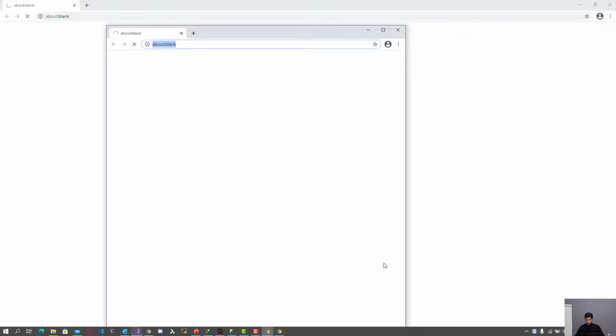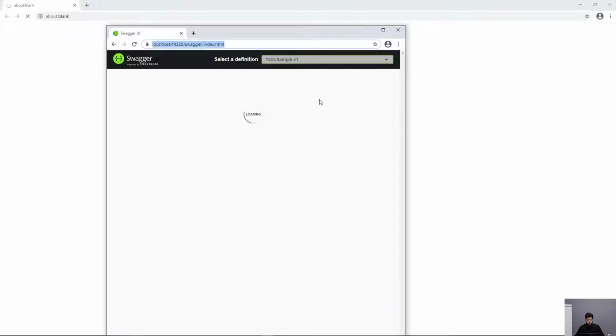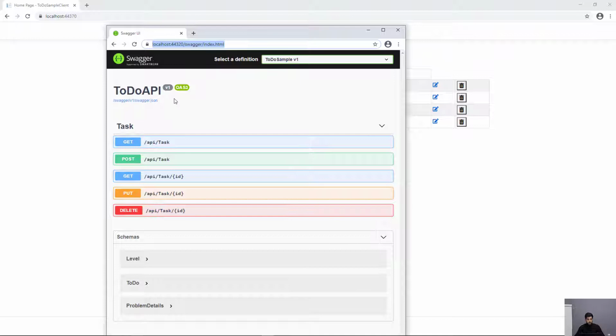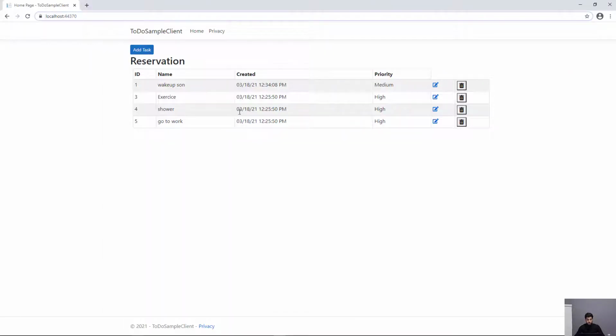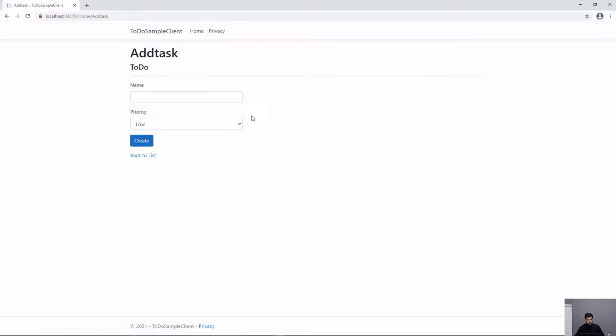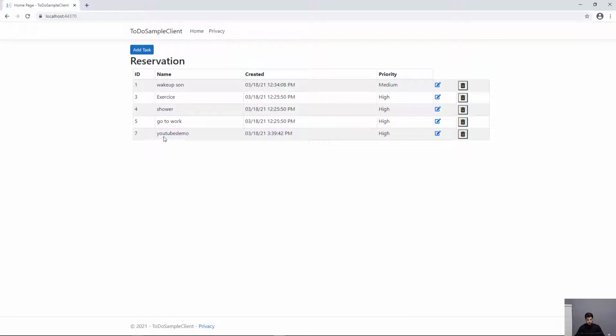Okay, here as you can see, two pop-ups of Chrome have been started. One is going to start the backend and one is going to have the front-end application. This is the to-do API, and this is the front-end that we have built, which contains our to-do sample. So here, let's start by adding a task, YouTube demo, which is high. When it's created, it will be inserted, and we can go back to the list and we will find it right